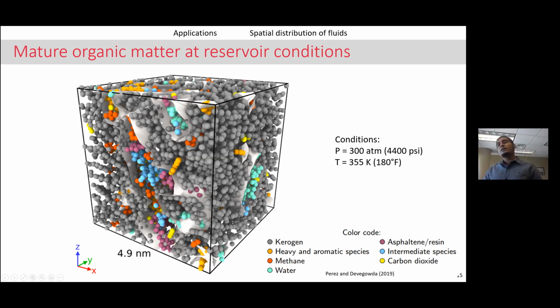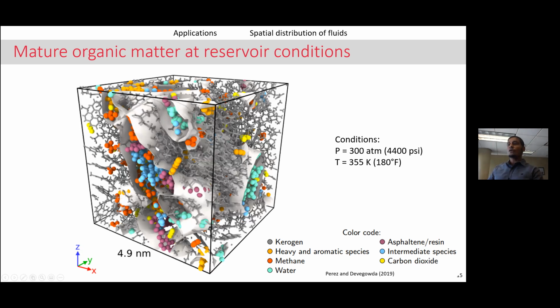And it's not quite apparent from this picture, where are the pores and where are the fluids located, why are the fluids restricted out over here, and things like that. So I'm going to show you a video, show you a few other snapshots of this model. So first things first, I'm going to remove all of the carbon atoms associated with kerogen. And now you can just see the kerogen skeleton, and you can see these gray surfaces. And these gray surfaces are what we have rendered as the internal pore surfaces within this kerogen.